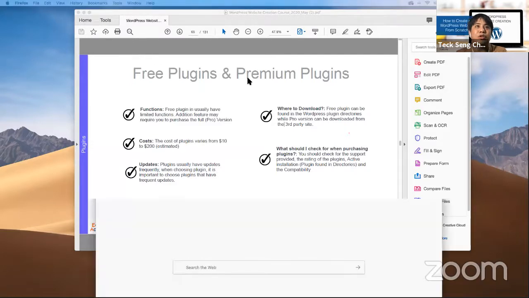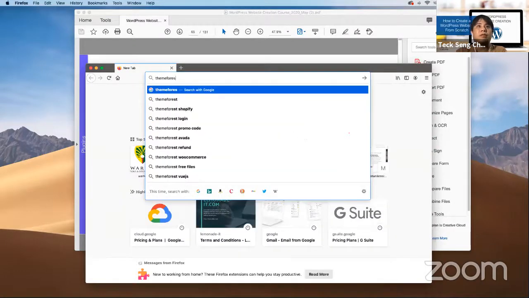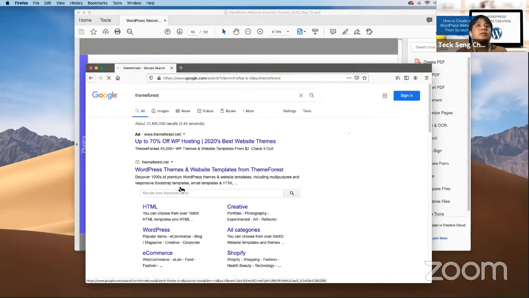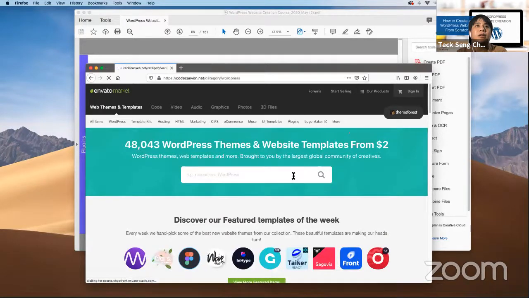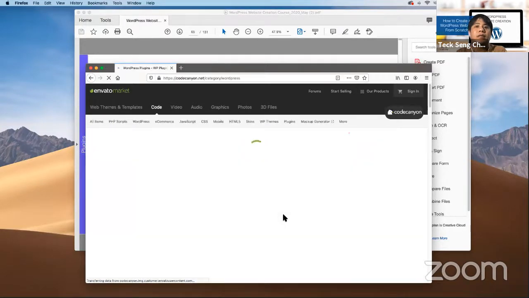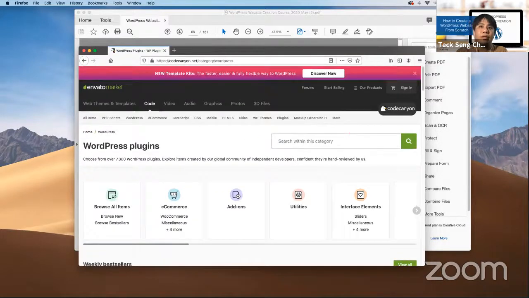Okay, just going to show you the price here. So same thing, I go under Team Forest. I can search for the callback under plugins, under callback requests.